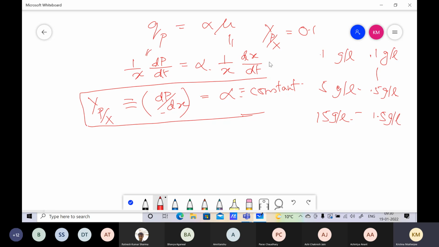You don't have to solve this differential equation at all, because proportionality will always be maintained between the amount of product and the amount of biomass, because Yp/x is equal to alpha, which is a constant. If such proportionality is not maintained, that is, the amount of product formed is no longer proportional to